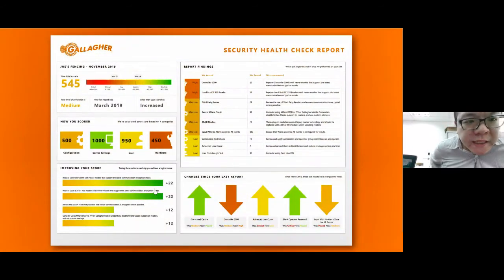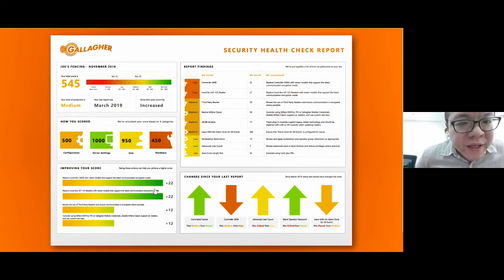Okay, so here is an example of your health check system. You can see in the left top corner we have a total score of your system. It may not need to be very high. It depends on what kind of industry or business you are. If you are only a commercial building or office, maybe 500 is already fit for what you need. But if you are running an airport or even a hospital, you may need a higher score from your site. We can see the specifics on 4 categories, how many marks or score you got,